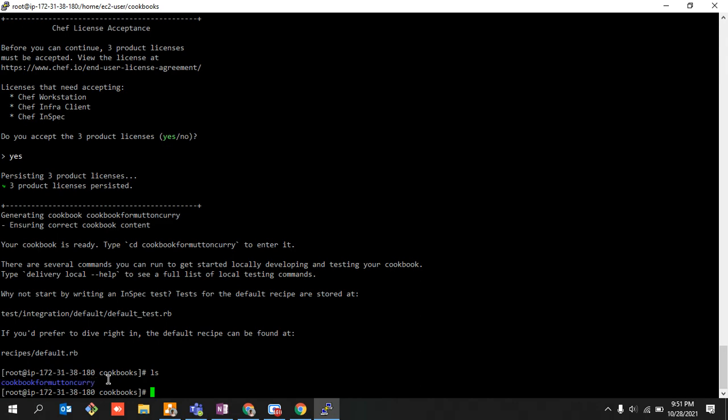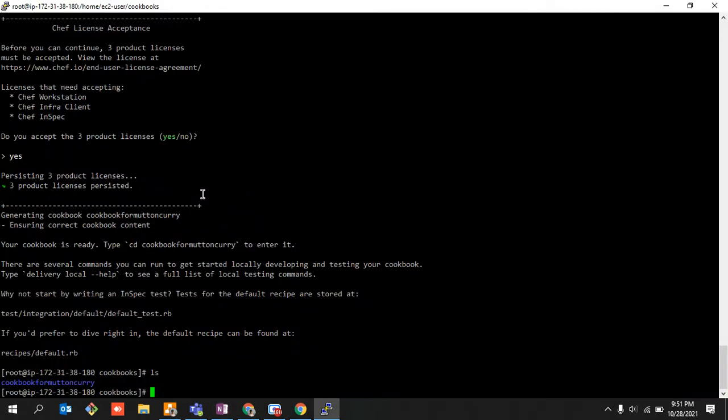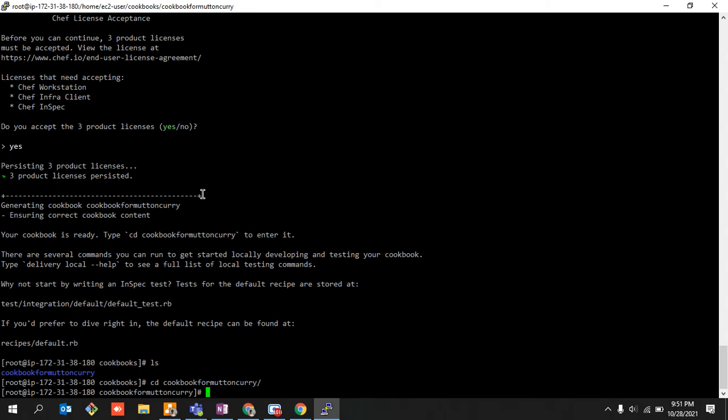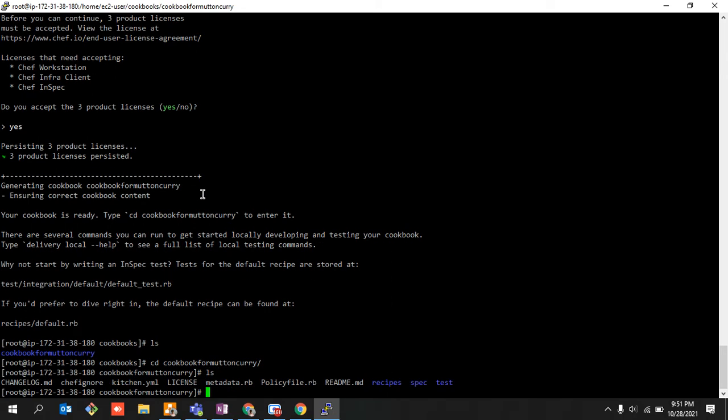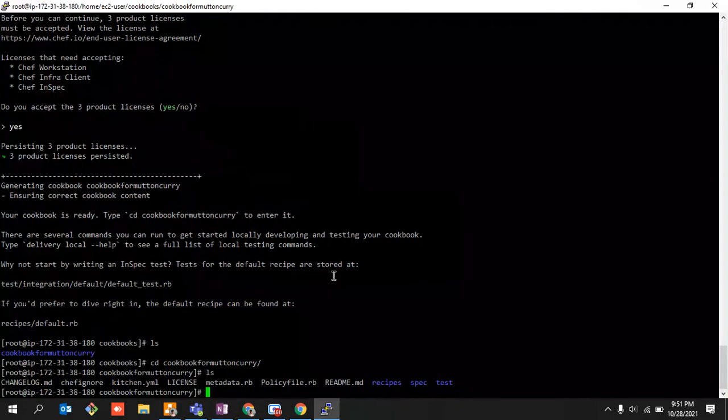In order to create a recipe, this is just a tricky point. Only for generating your recipe, the recipe may be the page, let's say. Only for generating that particular page for your book, you need to go inside your book, and that's it. So try to understand it in that particular fashion. Navigate to your book. I am inside my cookbook for mutton curry. Do ls, right? And now I'm going to generate some sort of a recipe. So the command is the same: chef generate and recipe name.